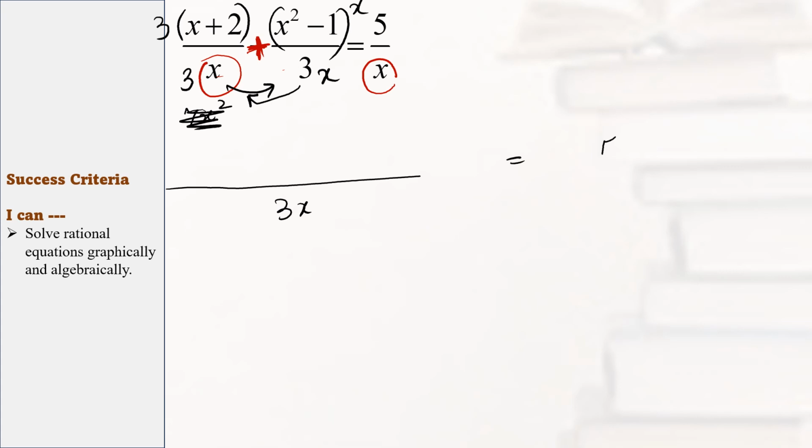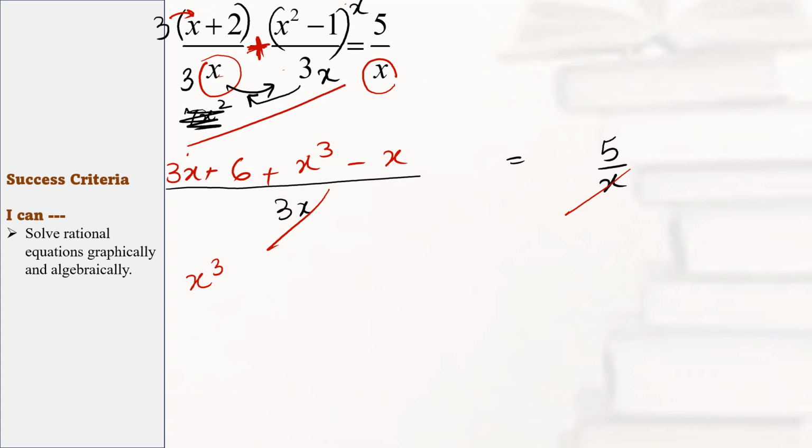Now this right side I am writing as it is. Open the bracket, 3 times x is 3x. 3 times 2 is 6. Then x times x square is x cube, and x times negative 1 is negative x. Now these are like terms, so we can just combine them. So first x cube, 3x minus x gives me 2x, and plus 6, divided by 3